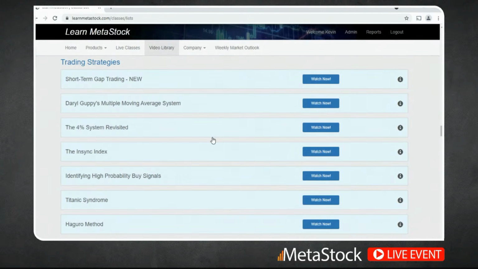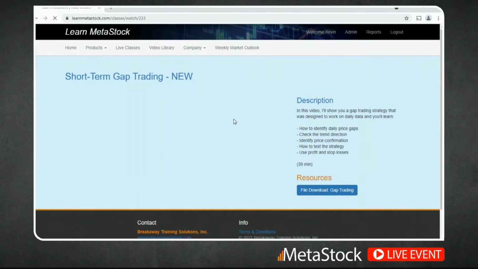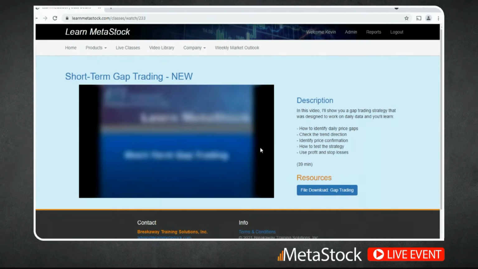And probably one of the more popular areas on our website is what we call our trading strategy section. In this one, we'll take a published trading strategy that's either in a book or magazine. First of all, we'll explain the strategy. But number 2, more importantly, we'll show you how to duplicate it inside your MetaStock program. What's really nice is that whenever we do something along those lines, we always create formulas for you that you can then download directly into your program.